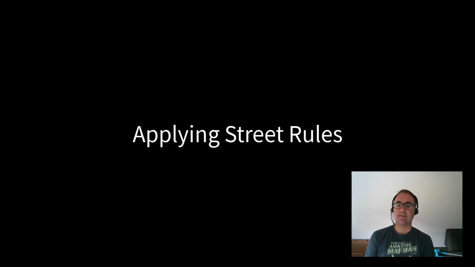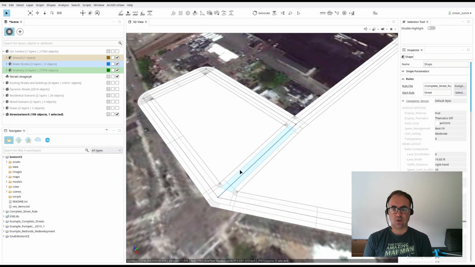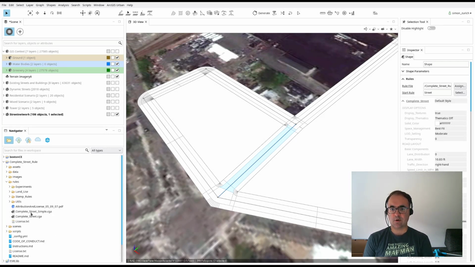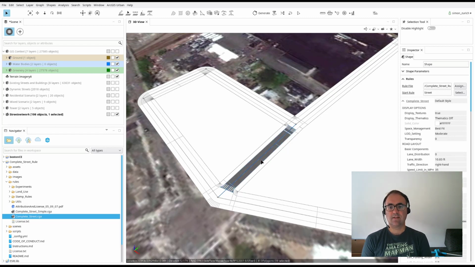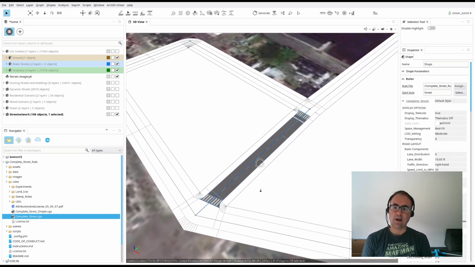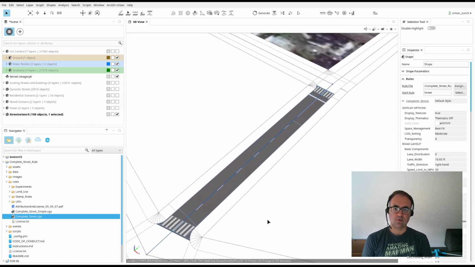Now that we have the basic street shapes in place, let's make them more interesting by generating actual geometry. To save time, we can make use of the complete streets rule, which is kindly provided for free by our community member David Wasserman. It is available on GitHub. The street polygons are set up by default with the necessary start rules for street, sidewalk and crossing shapes. This means David's rule will work out of the box and we can just drag and drop the rule file